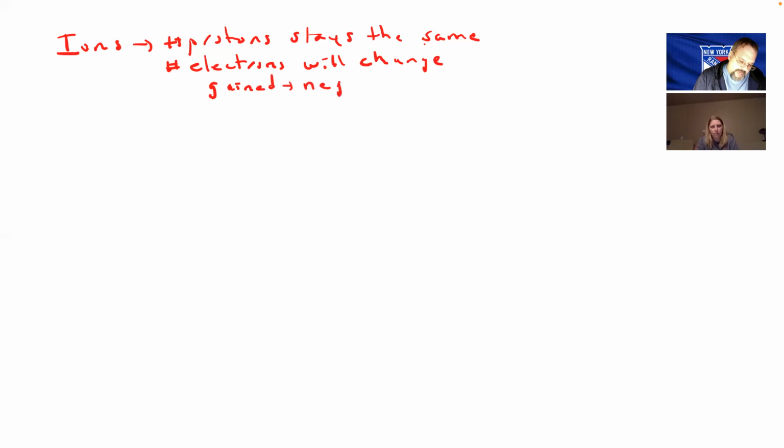Now, if electrons are gained, that will give us a negative ion. So in other words, it'll give us an ion with a negative charge, which we commonly call an anion. Because if you're gaining electrons, the idea is that now you're going to have more electrons than protons, so the overall charge adds up to be a negative number. So those would be in group 5A, 6A, and 7A. Correct. So if you think about the periodic table, the A group elements essentially only form